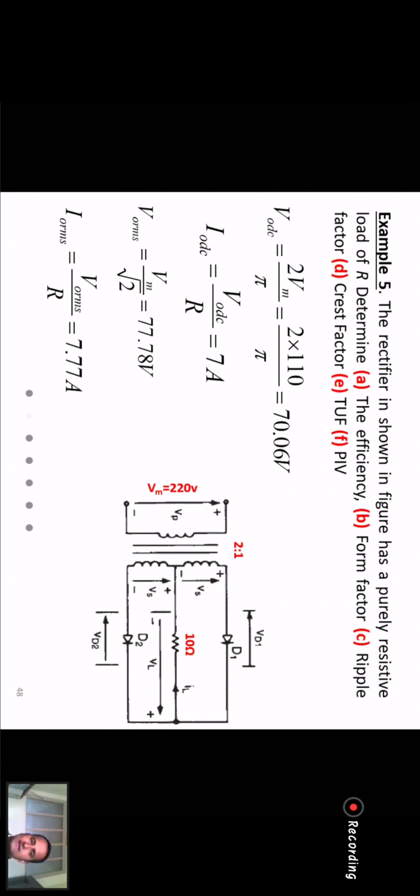The average TUF in the center tap full wave rectifier circuit is determined by considering the primary and secondary windings separately. There are two secondary windings here, and each secondary winding is associated with one diode, because in a center tap full wave rectifier we are using two diodes. So it's similar to the secondary of the half wave rectifier, and each secondary has a TUF of 0.287.